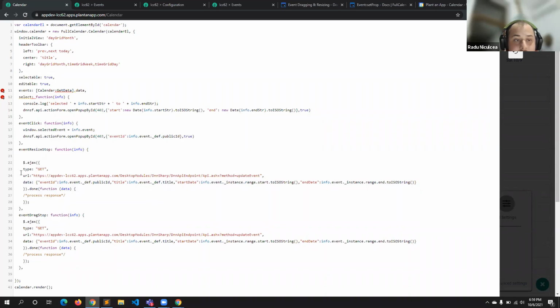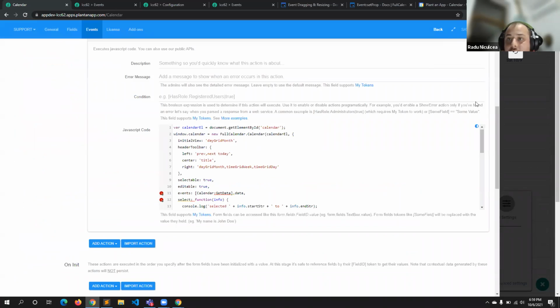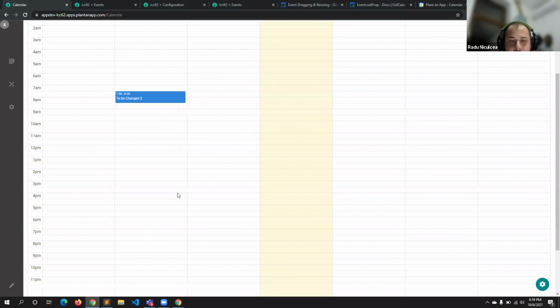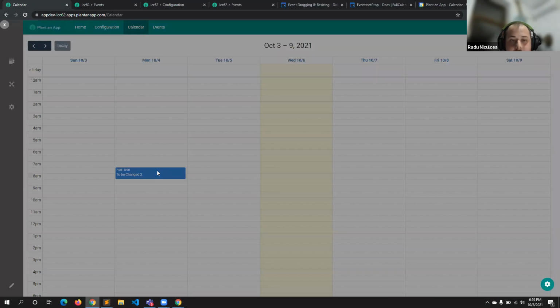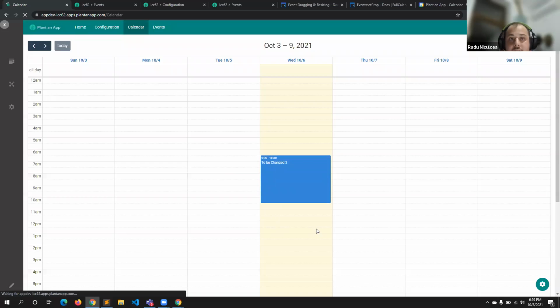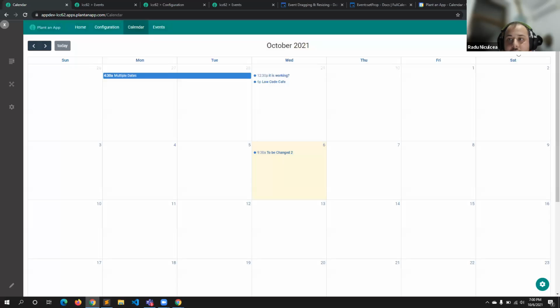I need to update the database in those particular situations, and let's make this small again and click save and see if the modifications that I'm going to do right now are going to stick or not. So let's see. If I move this from here to here, let's move it to today actually, and make it a little bit bigger. And if I refresh the page, I should have the same element in the proper week.